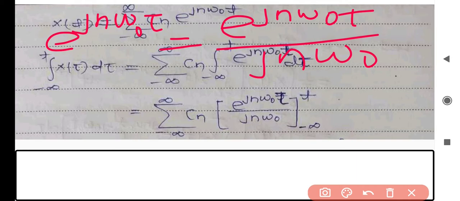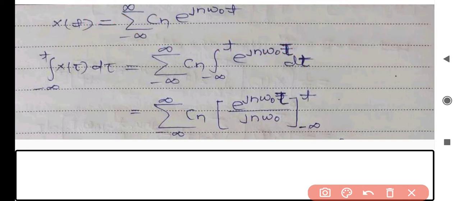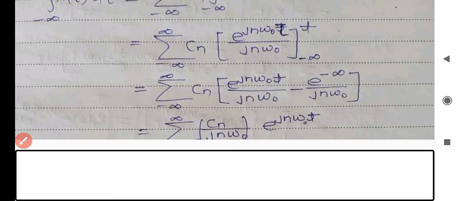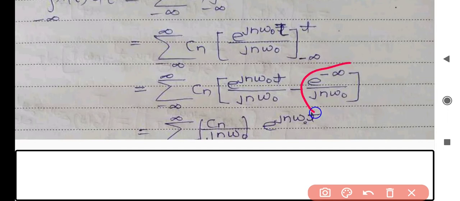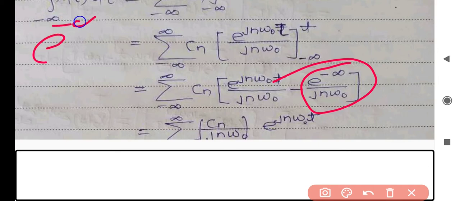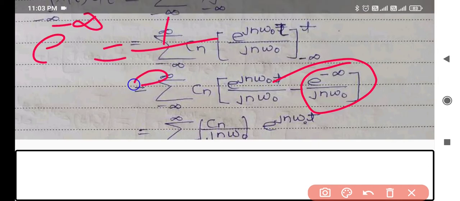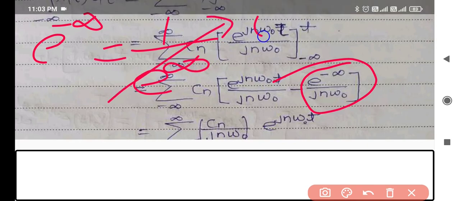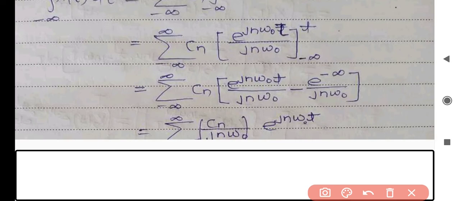After putting this value in the equation, we will get that the upper limit of the integration is t, while the lower limit is minus infinity. When we put upper limit minus lower limit, this will become e^(jnω0t) over jnω0 minus e^(minus infinity) upon jnω0. This e^(minus infinity) can be written as 1 over e^(infinity), which will lead to 0. So this integration will become